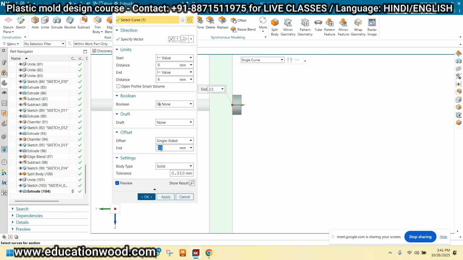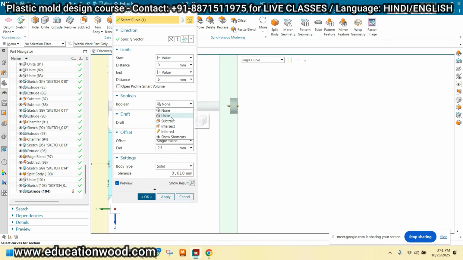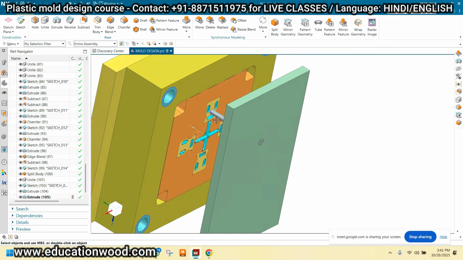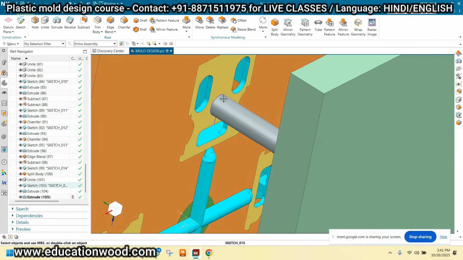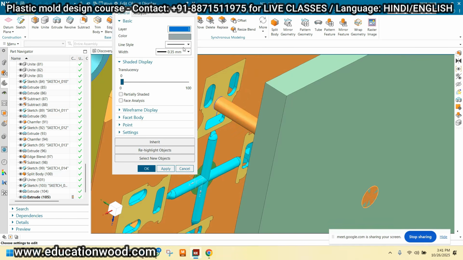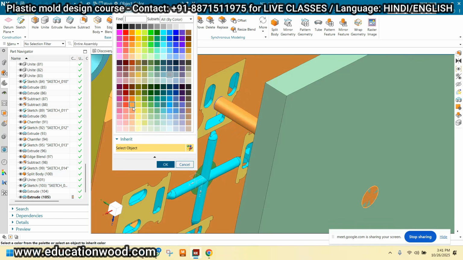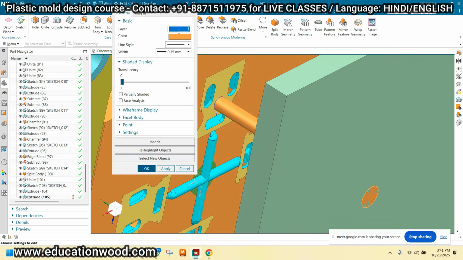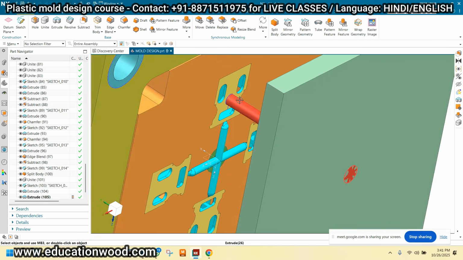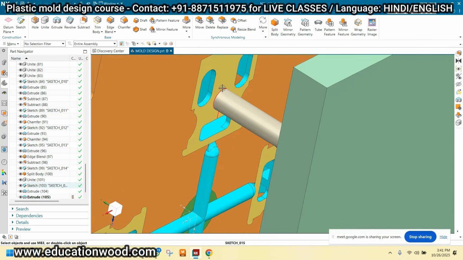I'm taking 2.5 on the backside, and unite this with this and click OK. For example, if this ejector pin rotates on its axis, is there a problem? Tell me. Is it a problem for the component?